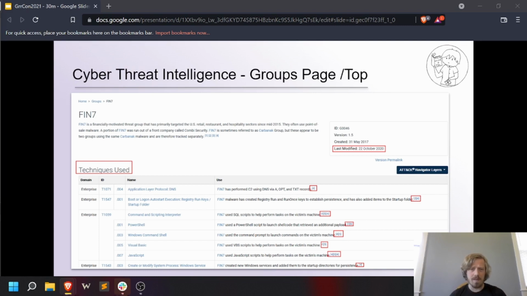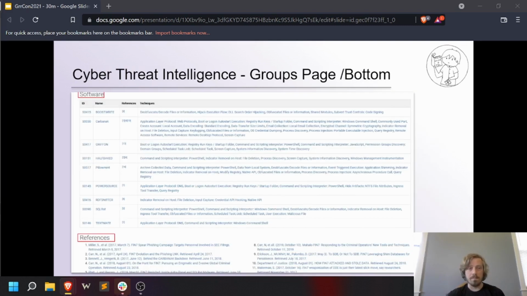The meat of the group's page is going to be the techniques used, and it's mapped back to ATT&CK, obviously. This is useful for us in our overall tracking of TTPs that have been validated in our environment. And note that all of these TTPs have references to the right of each technique. Those little numbers link to publicly available source documentation that has more details.